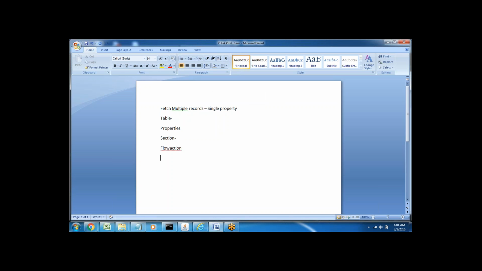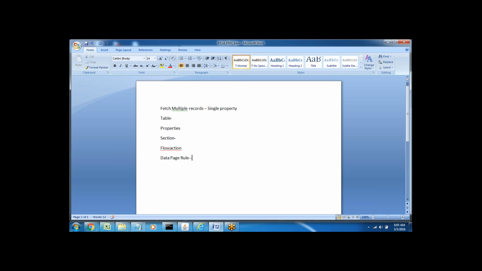Here, in version 7, if I compare with the previous version, the scenario is totally different. If you want to do the same thing in 6.3 version, it is an entirely different approach. In 6.3, to fetch multiple records we have to use a control called dynamic select, but from version 7 the dynamic select control is deleted and a new concept called data page is included. So now in version 7, to fetch multiple records we have to use the data page concept. A data page is a rule,